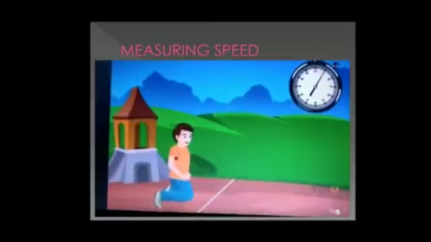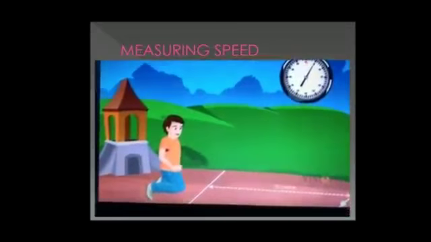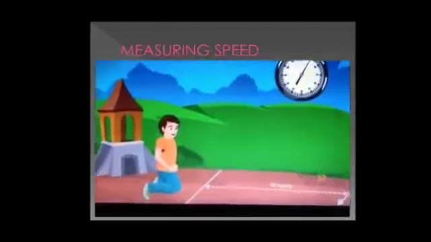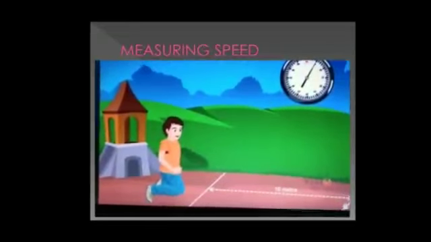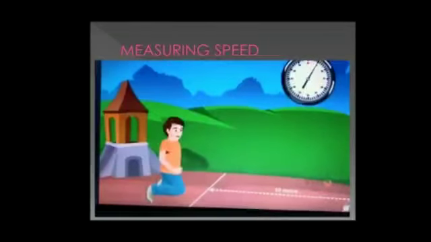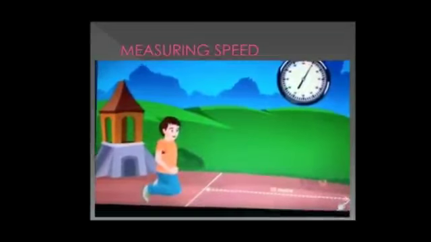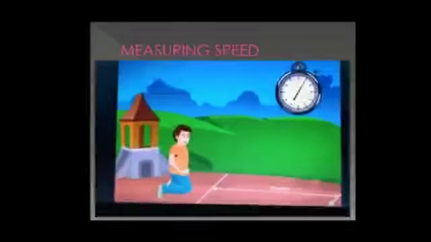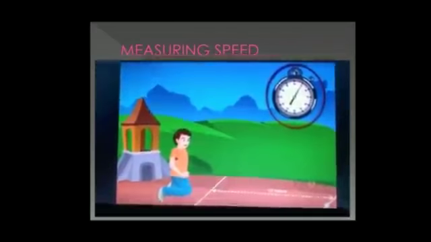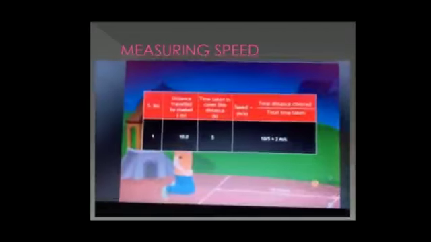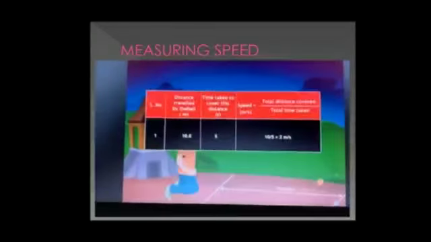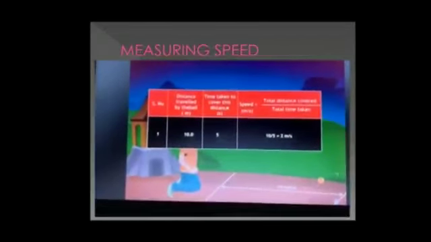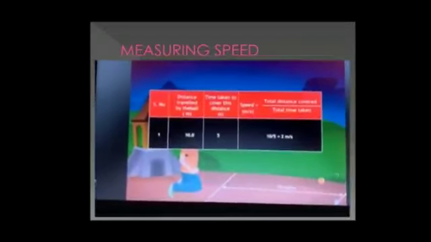Put a mark on the line on the ground and gently throw the ball on the ground in the direction of the mark. When the ball comes to rest, mark this position. Now measure the distance between the two markings, which provides the distance travelled by the ball. Note the time of the stopwatch, put the values of distance and time in the given table and calculate the speed by using the formula.